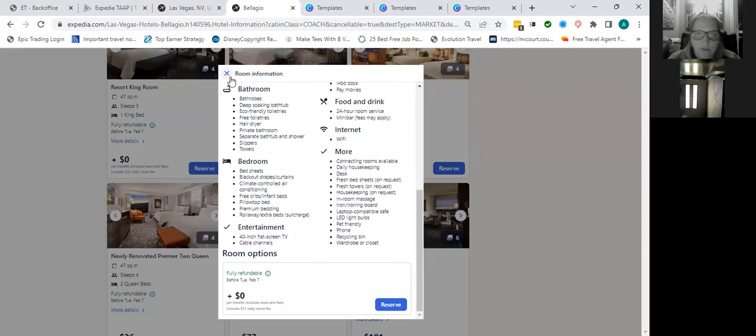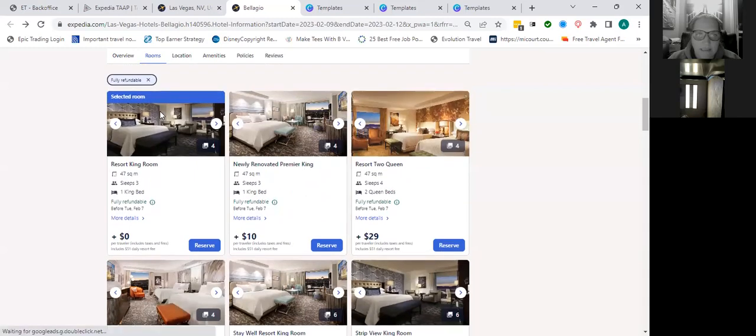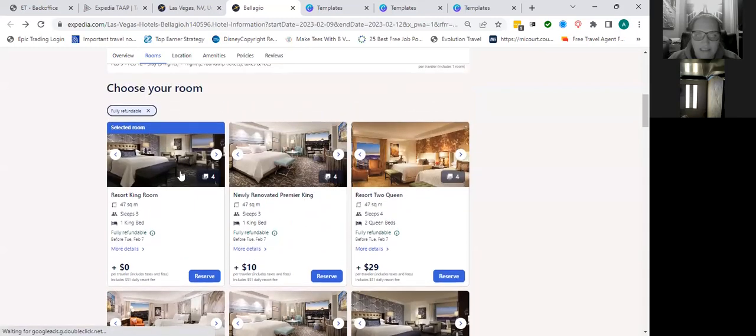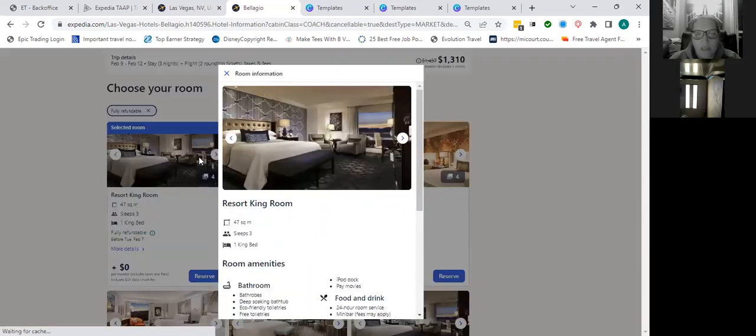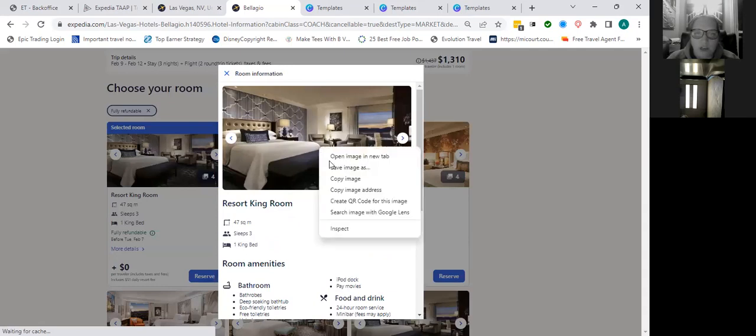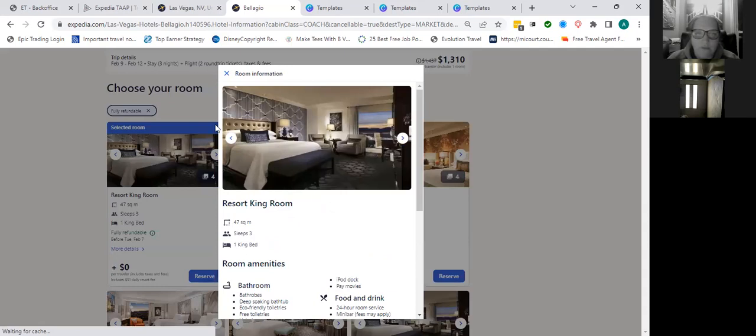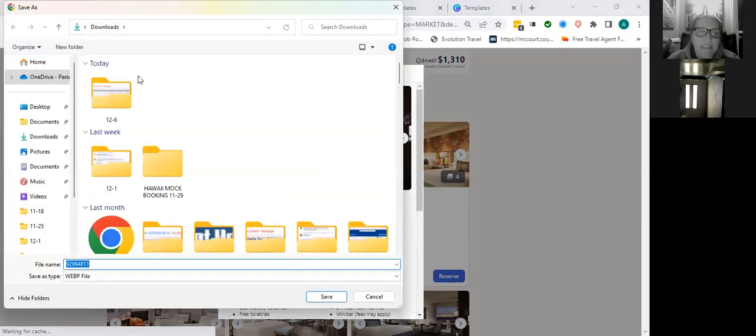I usually like to know what the view looks like because when I send a picture that looks like this, I want to make sure that my client is getting a good view. So I'll even check with the hotel if it doesn't say it in here. But what I like to do is go in here and save a picture of the room. It's nice when you have it right on